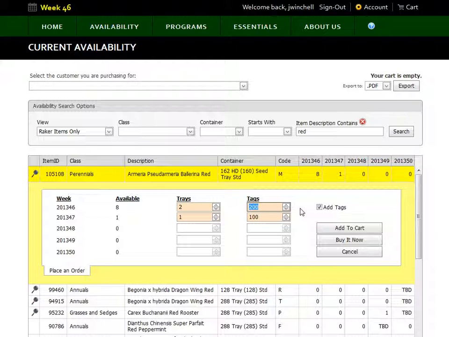Now that you have your trays and tags selected, you are ready to add the item to your shopping cart. By clicking the Add to Cart button, the selected number of trays and tags for that ship week will be added to your cart. If this is an item that you must have, you may want to consider using the